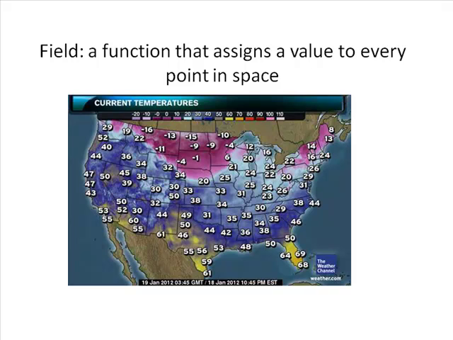Now we want to talk about the electric field. Let's begin by reviewing what a field is. It's simply a function that takes a value at every point in space. So for example here, what we essentially have is a map of the United States showing the temperature field. In different colors it shows the temperature at different places. Every place across the United States has a temperature,